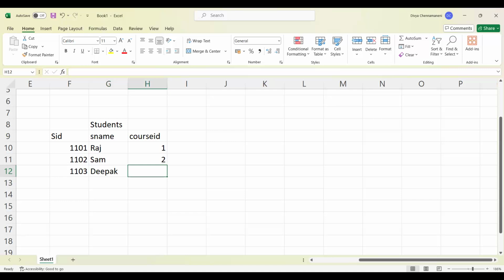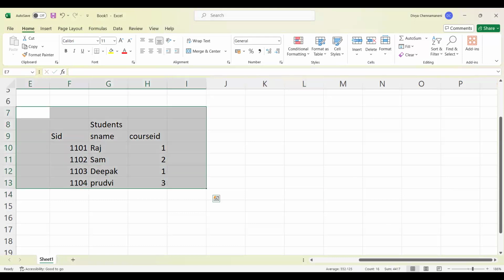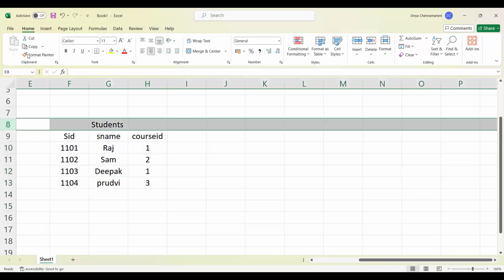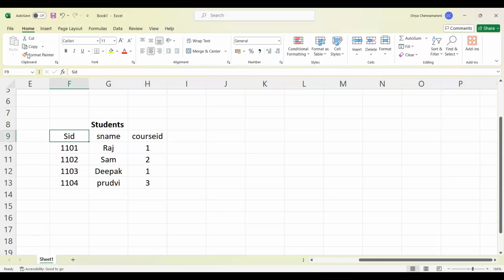Give me a moment. Okay, this is my data. Students is my table name, and student ID, student name, and course ID are my column names, and this is